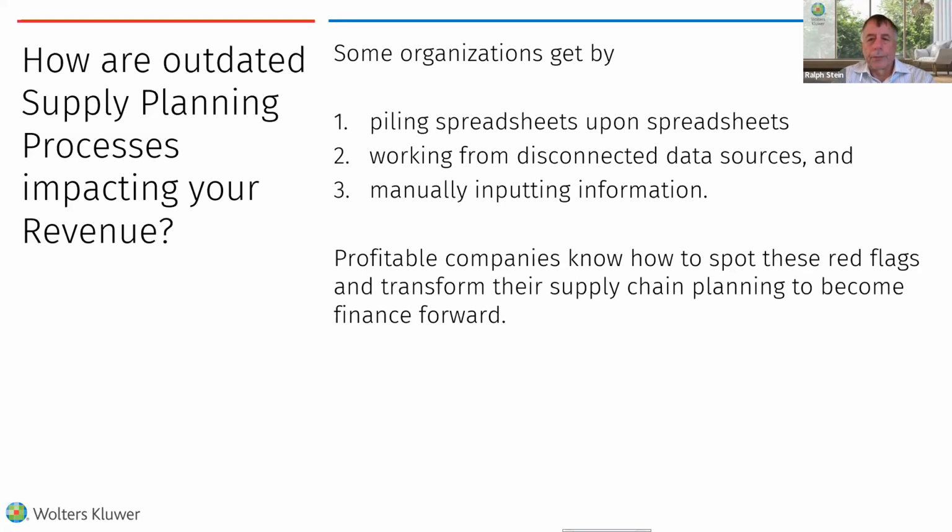So I'll just quickly share the results. As you can see, it's quite an even spread, but the frequent stockouts is something we'd very much expect in these times, given what's happened with COVID and the impacts on the supply chain. And then the disconnect between the different areas, which is a very big issue as well, which we will talk about, and also spreadsheet based.